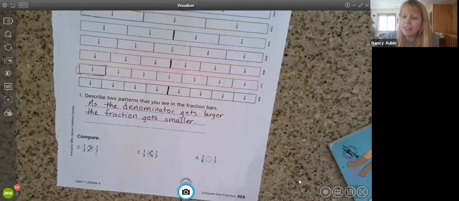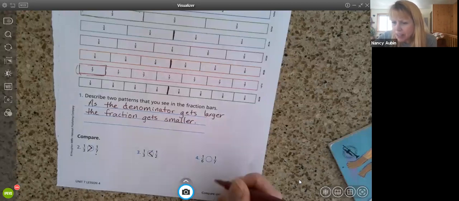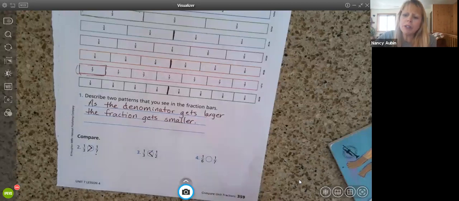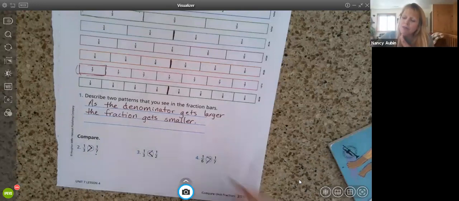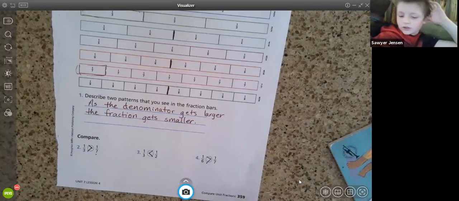Excellent. All right, and then Sawyer, you ready? Are you writing this, Mr. Jensen? 1/6 compared to 1/7. Which would be greater? What would that greater Gator eat? 1/6 of the pie or 1/7 of the pie? Sawyer, what do you think? 1/6 of the pie. Why? You're right. How do you know? Because